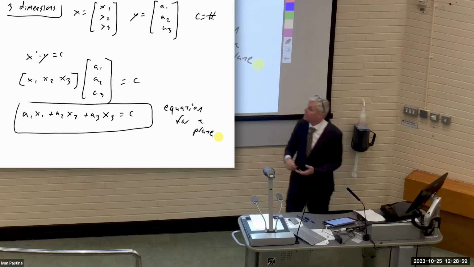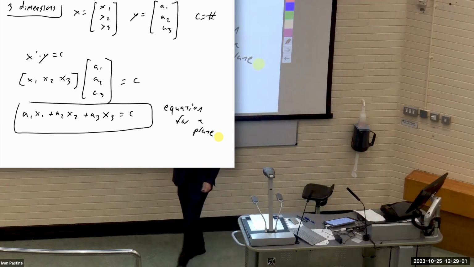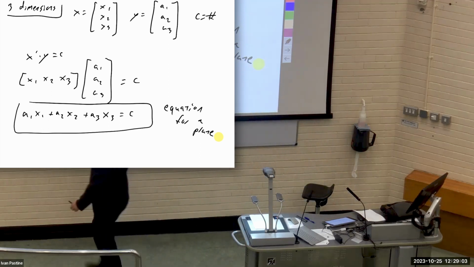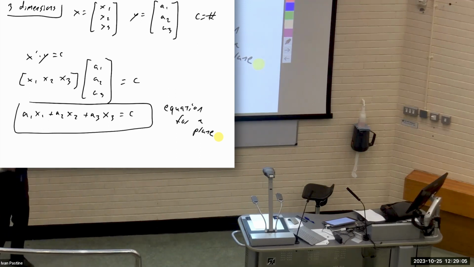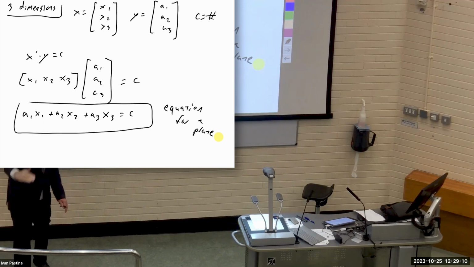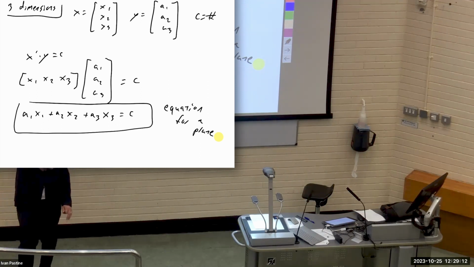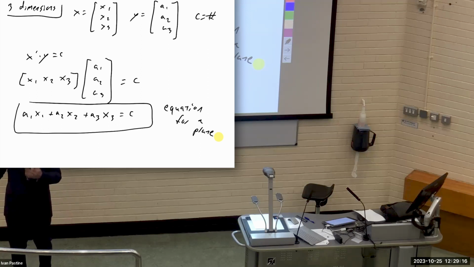It's a linear object. Everything is linear. There's no curves involved. But we're taking a plane, and these a1, a2, a3s are going to give the angle to the plane. Maybe it's slanted down through here. Maybe it's slanted back and front. Maybe it's flat. Maybe it's slanted up. That's all given by the a1, a2, a3. And then the c moves it up and down, or back and forth.